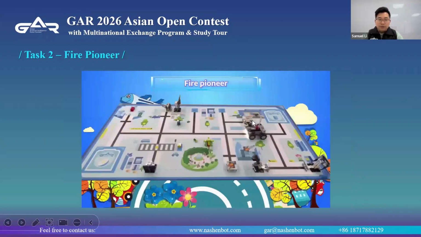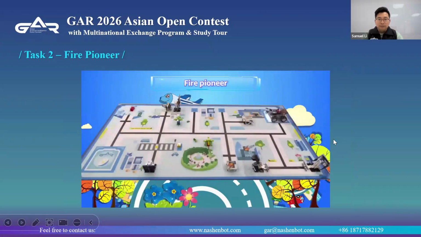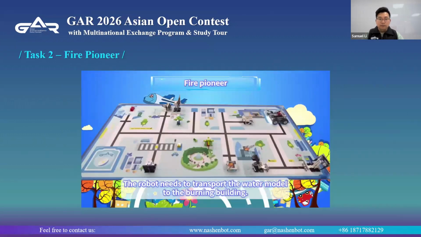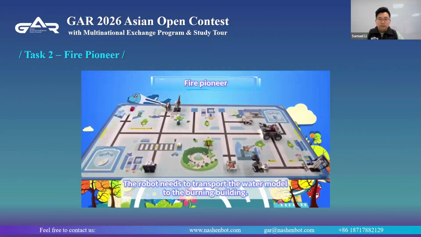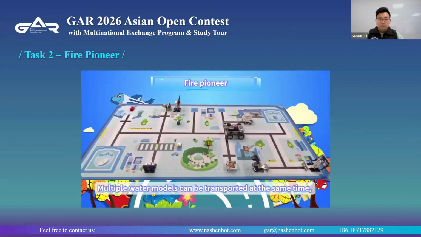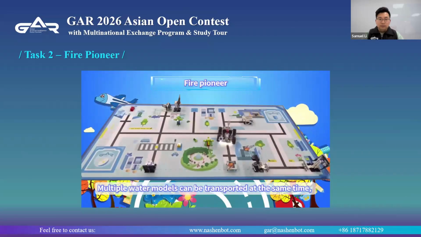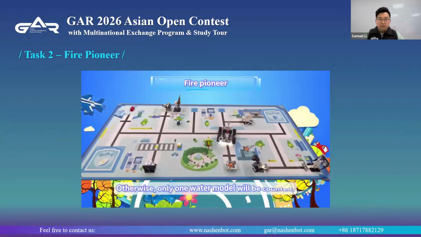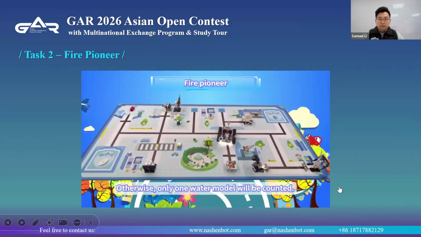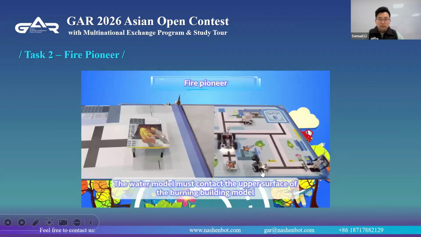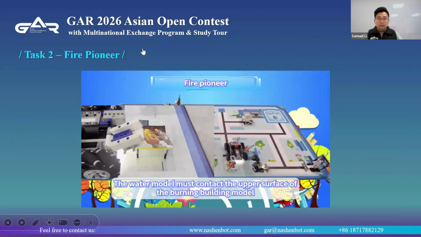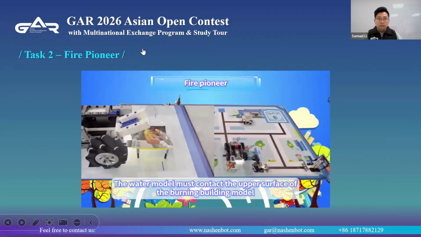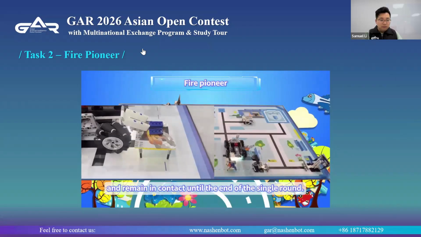Let's see the videos. Fire Pioneer. The robot needs to transport the water model to the burning building. Multiple water models can be transported at the same time, but they must be transported separately. Otherwise, only one water model will be counted. The water model must contact the upper surface of the burning building model and remain in contact until the end of the single round.